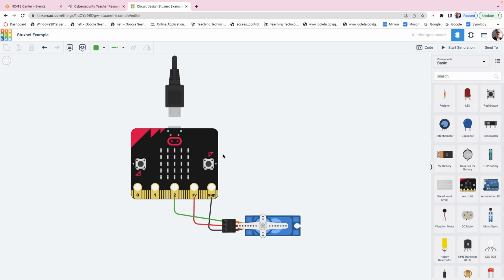So when we came up with the idea of using this in our curriculums, we wanted to have some ways to incorporate it so that it enhanced what we're doing and showed some real practical examples of some of the things that we talked about. So how many have heard of the Stuxnet attack? Okay, that happened quite a while ago. I think it's like 9 years ago. But it really turned the cyber world upside down. Why? What was the big thing that happened in the Stuxnet attack that raised flags across the world in the area of cybersecurity?